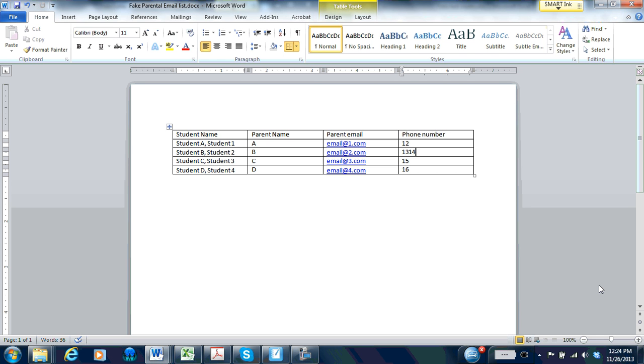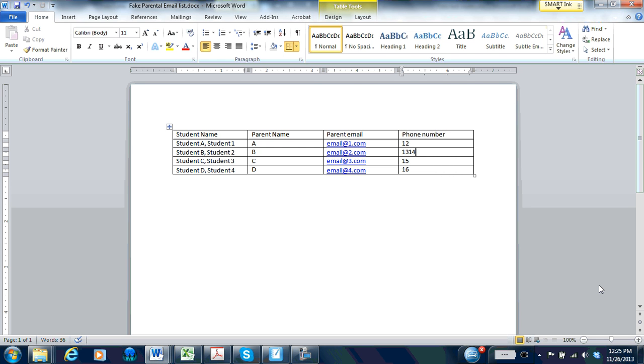I'm going to be using Microsoft Word and Microsoft Excel and the mail merge function of Microsoft Word to try to generate multiple letters to a certain number of students so that I don't have to type each letter individually. And I'm going to show you how I set it up so that I can email these parents individually as efficiently as possible. So the first file I have up on my screen here would be a file that I